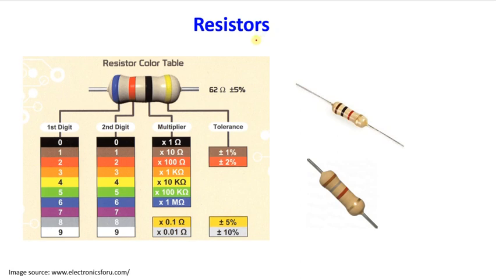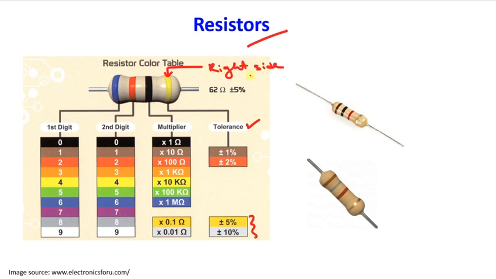So how to read the resistance color code? For that, we should first identify the color code corresponding to its tolerance. So typically either gold or silver, these two colors are used for this tolerance. So first let us identify that here for this resistance. So we have identified, so this is the color band corresponding to tolerance. So we have to keep this color band towards our right side.